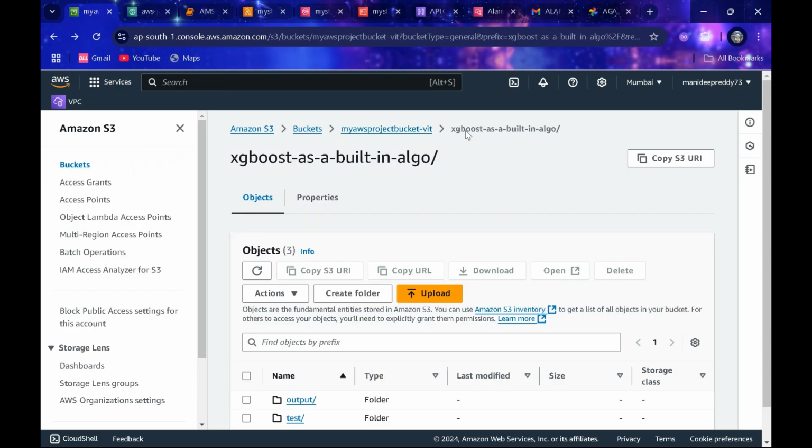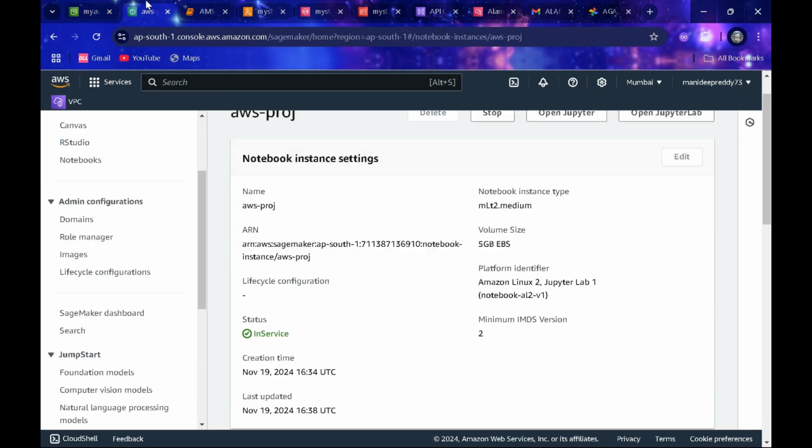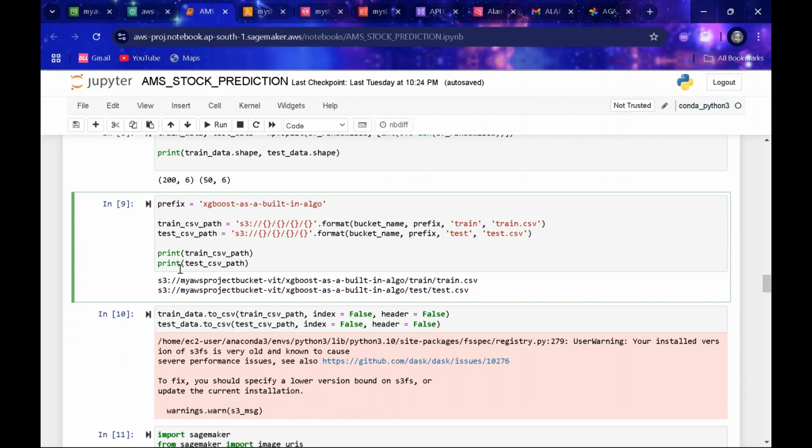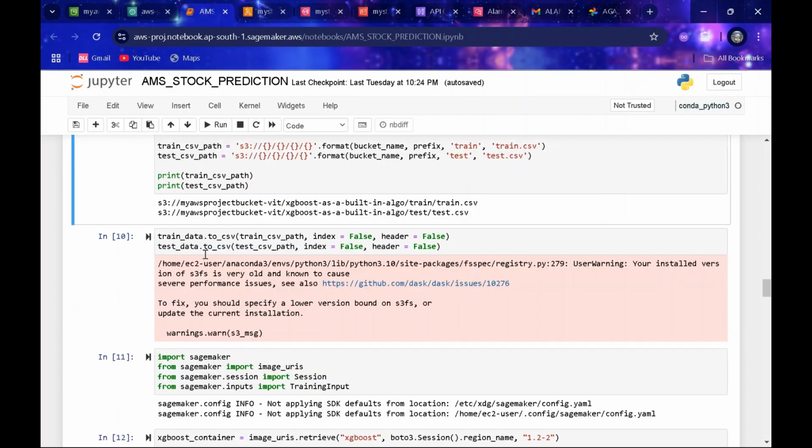In that, we have created an XGBoost built-in algo folder. Further, we have created a train folder, in which we have created an empty train.csv file. Similarly, we have created the same for the test path. As you can see, we are printing the path. The path is in the S3 bucket, my AWS project VIT, in the following folders. And now whatever test and train data we have previously stored, we are going to push it into the CSV